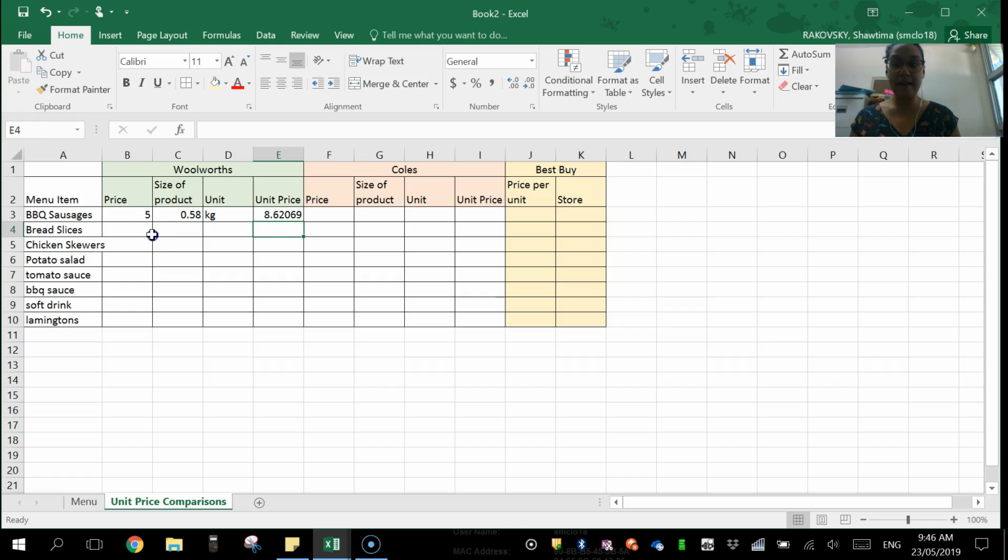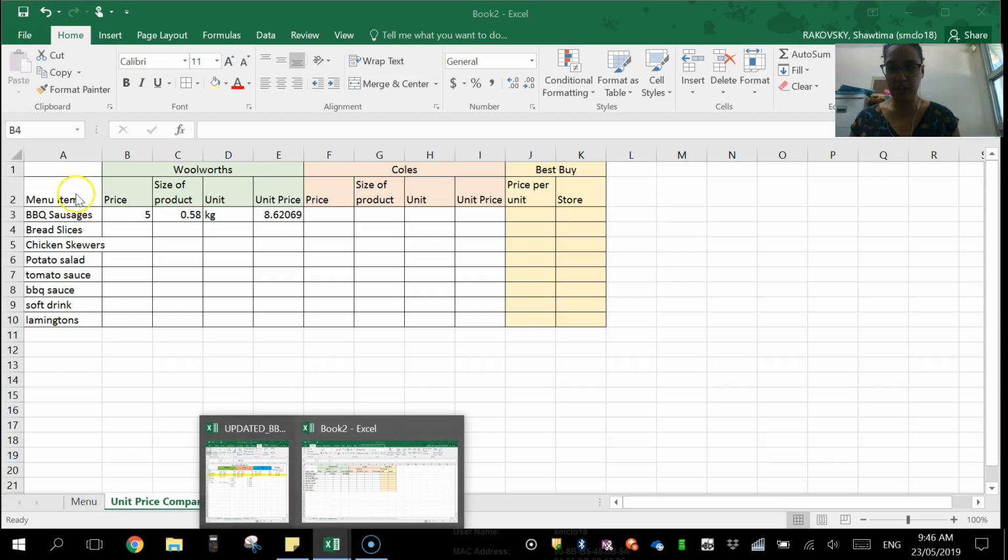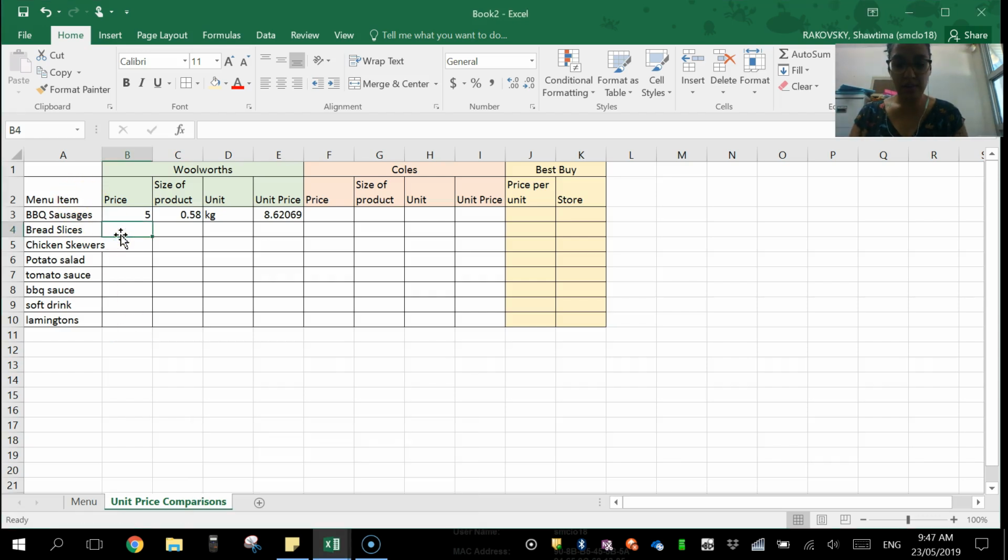If I keep applying that concept to each one of my products, I'm just going to be a bit cheeky and make up some numbers here. So bread's about $2.50 and it's about 800 grams, so 0.8 kilos. And for my unit price, instead of having to write in equals B4 divided by C4, I take this one here, I move my mouse to here, and you'll see that it's changed from a big white cross to a little skinny cross, and I'm going to drag that down. What has happened is that you can't divide by 0, but when I put the numbers in,